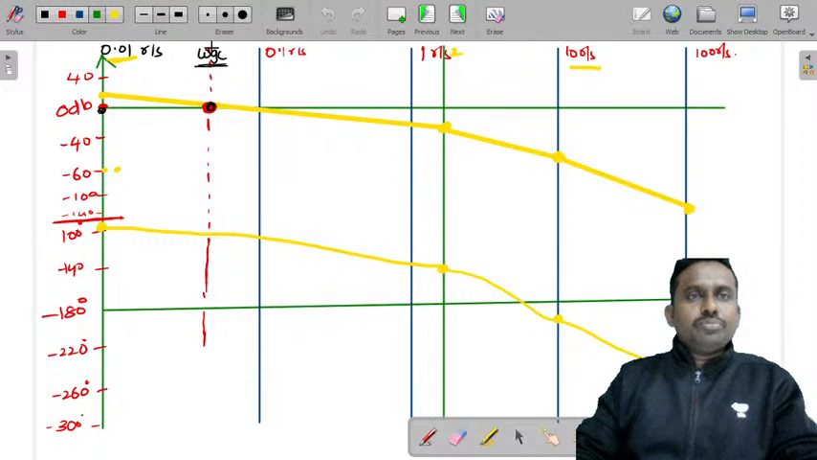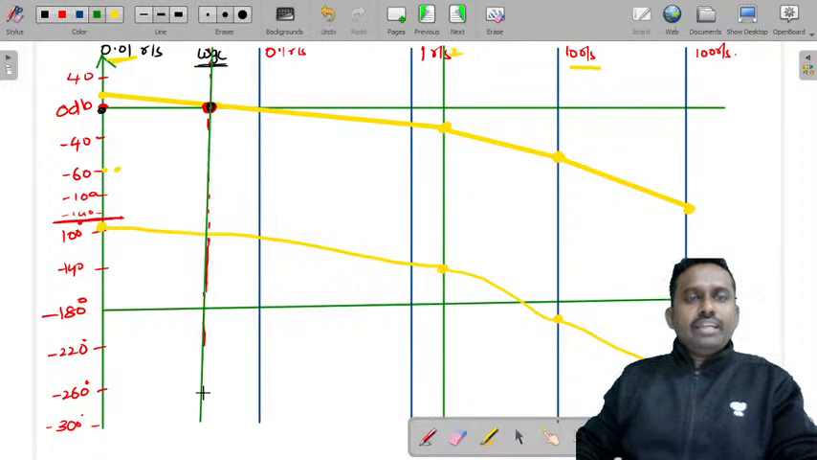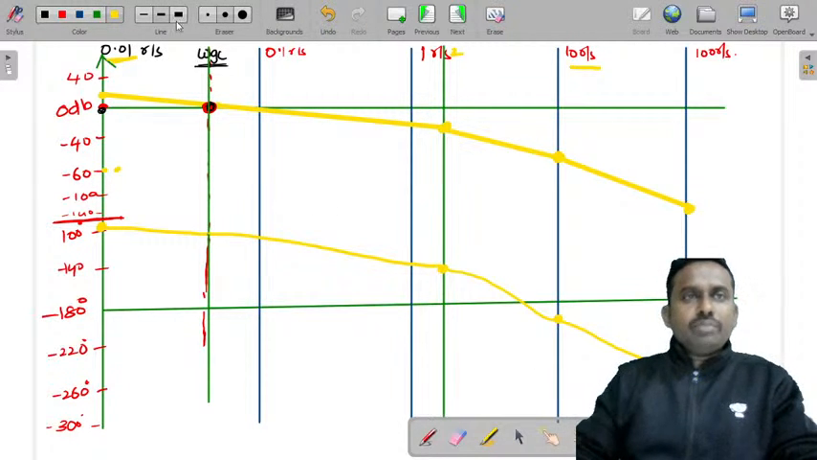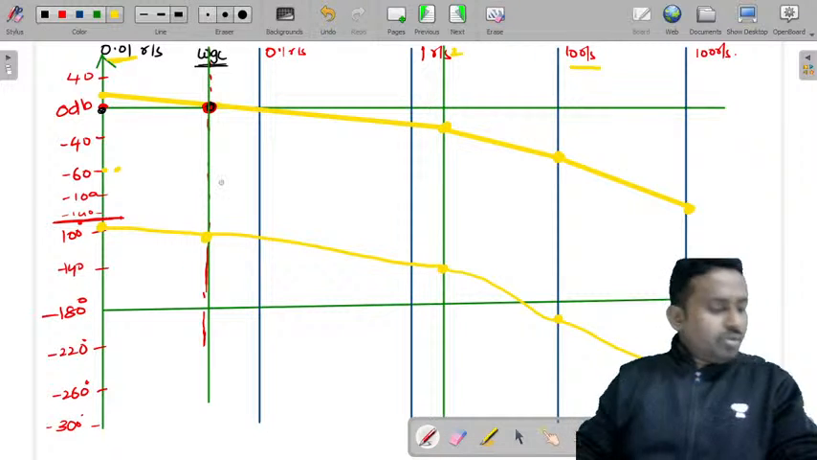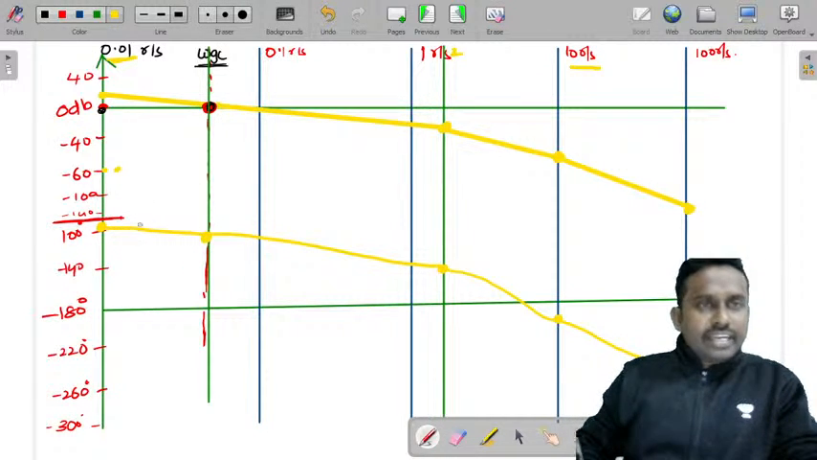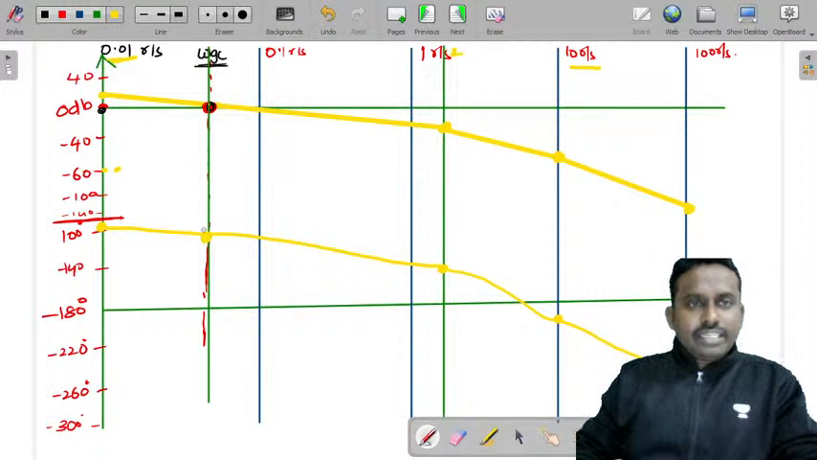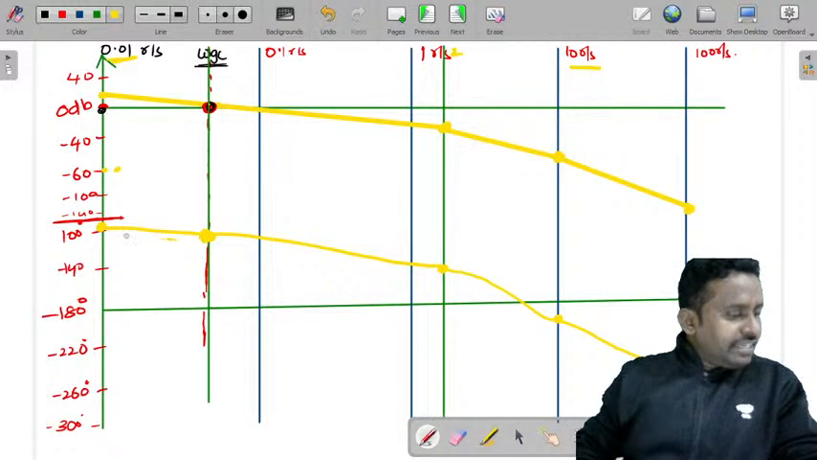Now what you have to do is just draw a line from this point, and it will intersect this magnitude plot at a particular point. See, this is intersecting the magnitude plot at a point. And this point is also intersecting the phase angle plot at a particular angle, and if you find this angle,